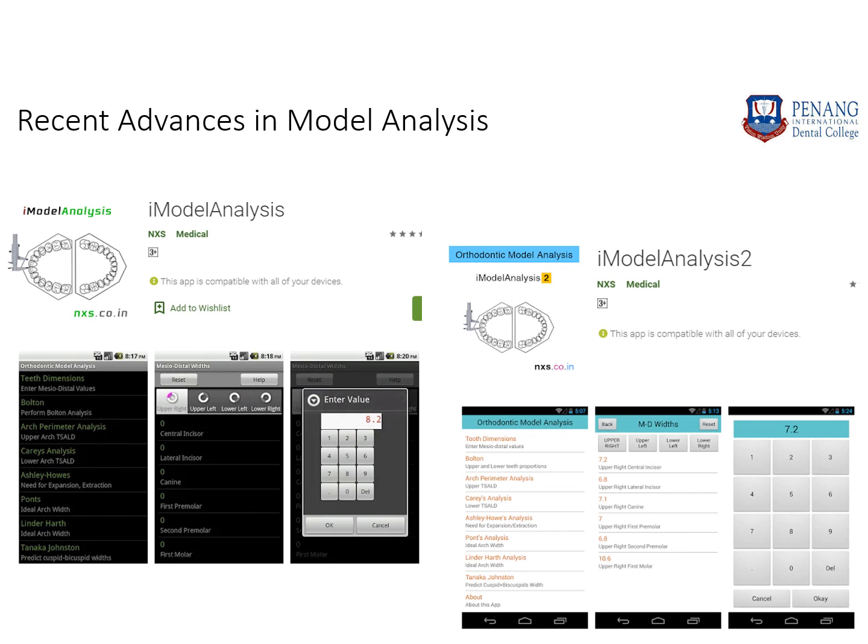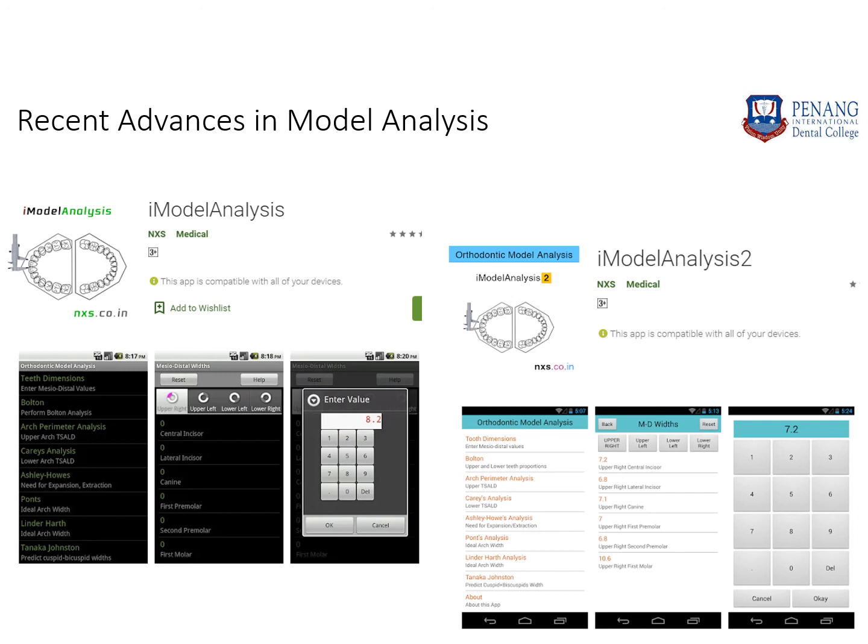So basically, these are all the advances in orthodontics with the use of current technology. So I would encourage you to try these out on your devices whenever you have some free time. You can just find them on the Play Store and you can install them and use your own imaginative